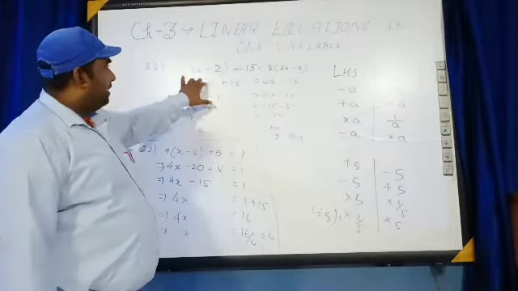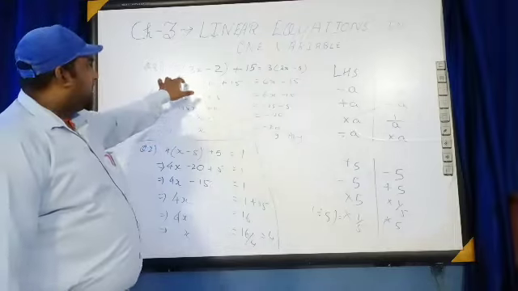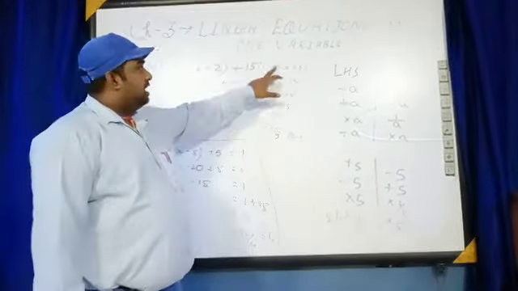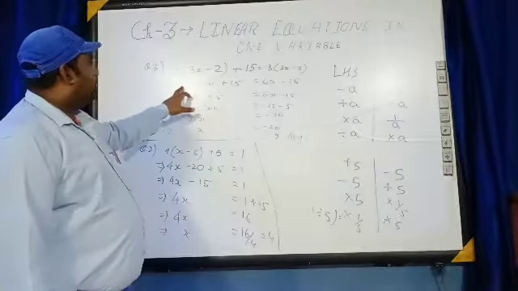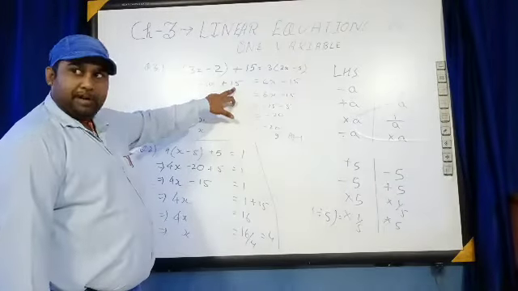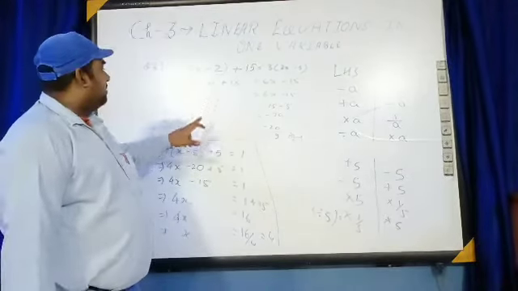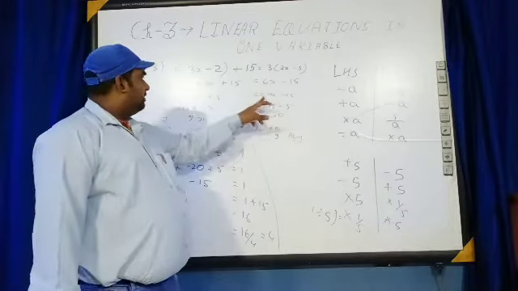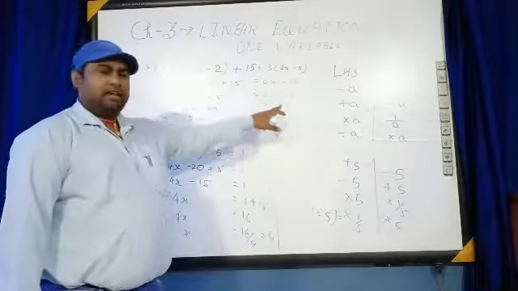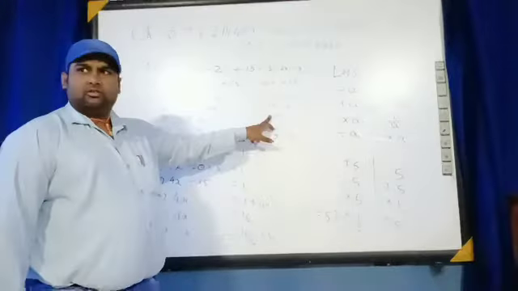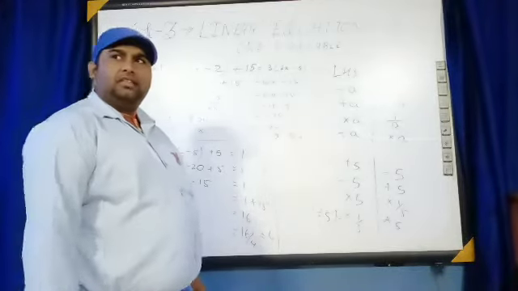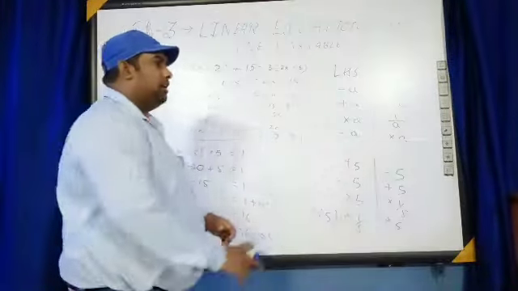Look here: when 5 into 3 we have multiplied, we get 15, 5 into 2 is 10, and this 5 you do not have to multiply; that is written as usual. 3 into 2 is 6, 3 into 5 is 15. These two are of opposite sign, so we will subtract. 15 is bigger, so we take the sign of the bigger number. Now here 6x will come to this side, it will become minus, and 5 will go to the other side, it will also be minus. 9x is equal to minus 20, x is equal to minus 20 by 9. As we have got the answer, this is the result.